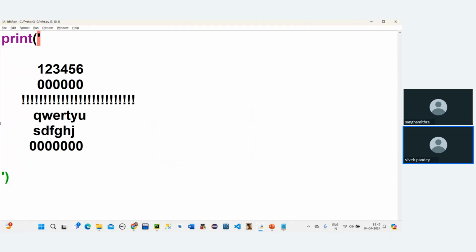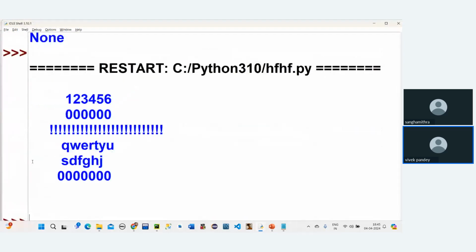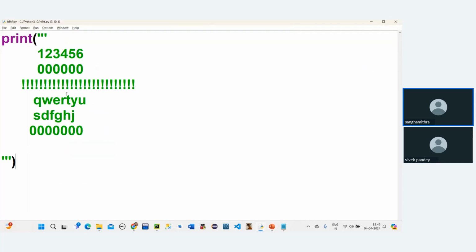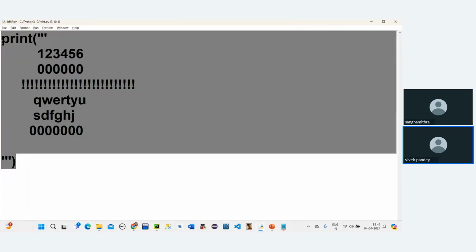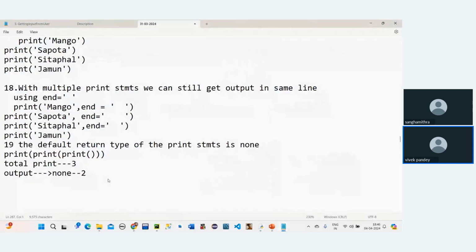Single quote is also not giving me. Then which one is going to help me out with this? Triple quotes? Yeah, triple quote is going to help me with the designing part. We can see exactly, आ गया ना? हाँ. Yeah. So this kind of design,